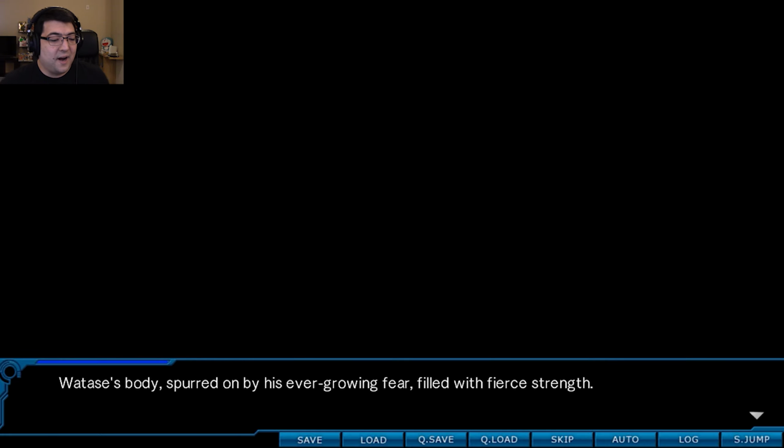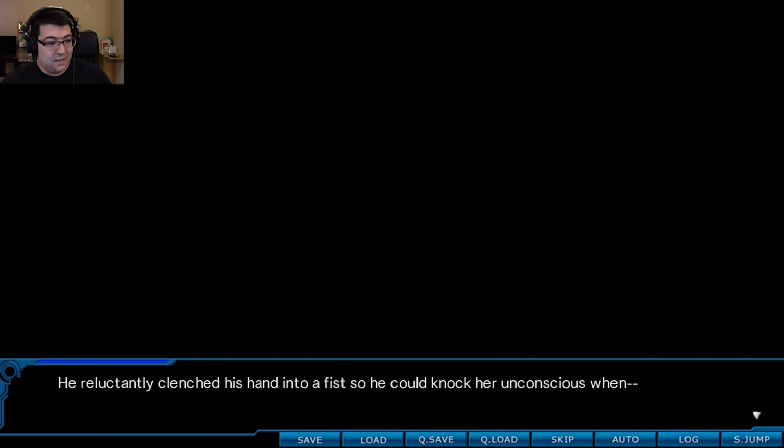I have to defeat her right here and now. Watase's body, spurred on by his ever-growing fear, filled with fierce strength. He reluctantly clenched his hand into a fist so he could knock her unconscious when...